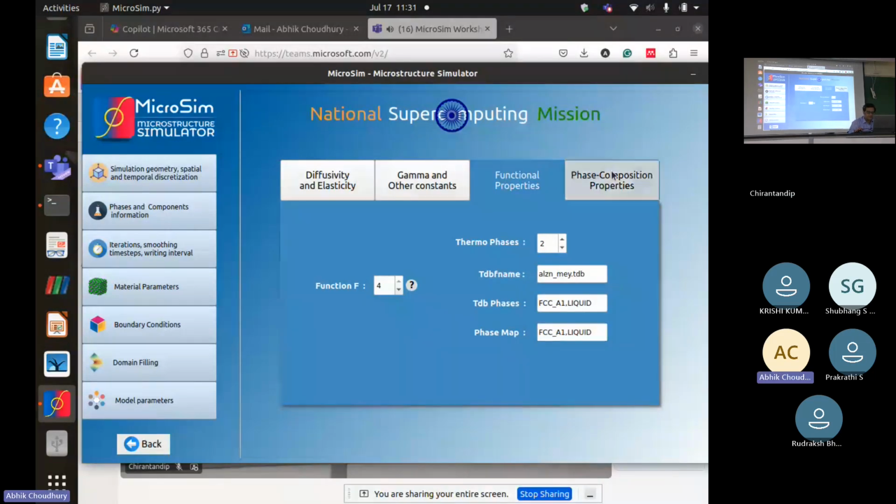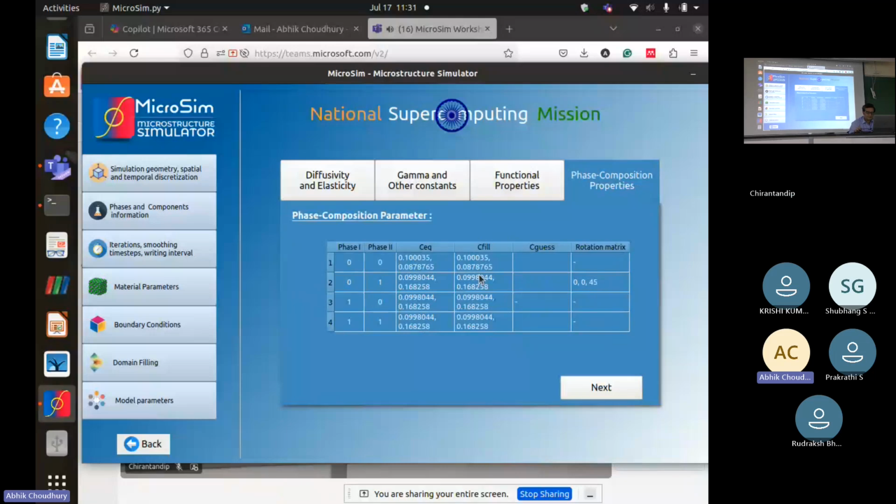So phase composition properties are exactly the same, except what you now see is that you are now inputting 2 values over here instead of 1 value before for each phase, because it's a ternary alloy. You have to input 2 components. So your component, this is the aluminium composition, this is the moly composition as the equilibrium, and this is essentially